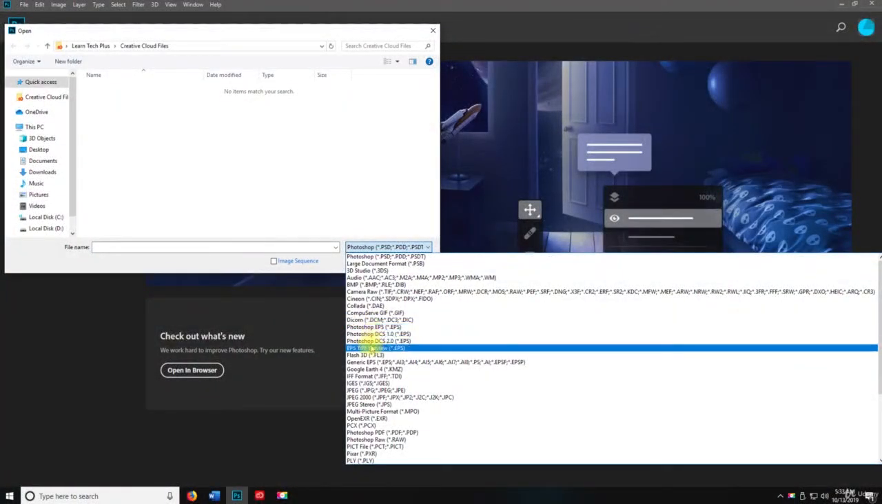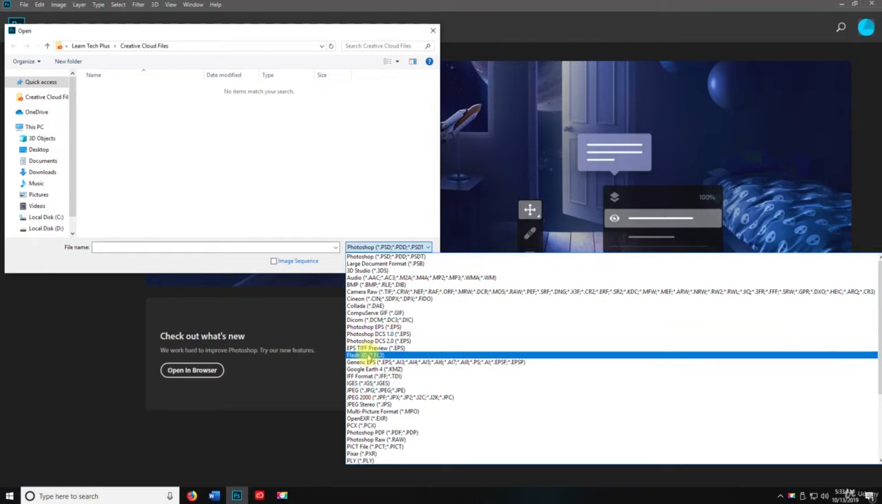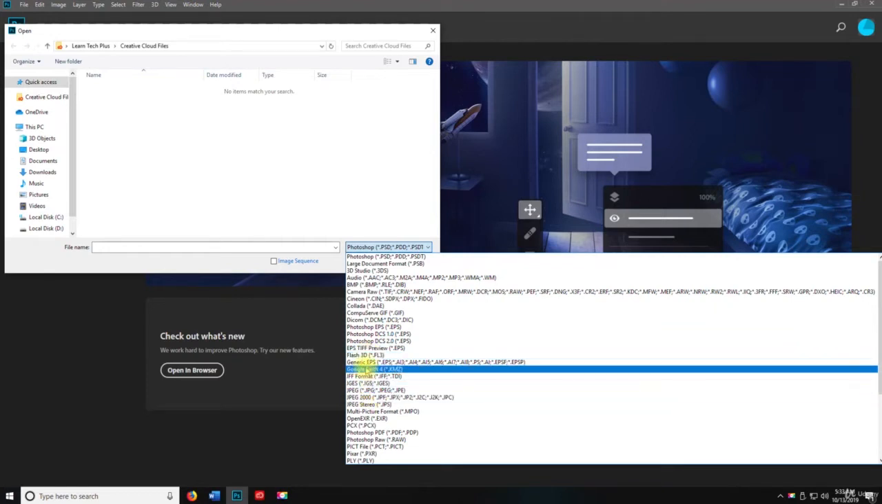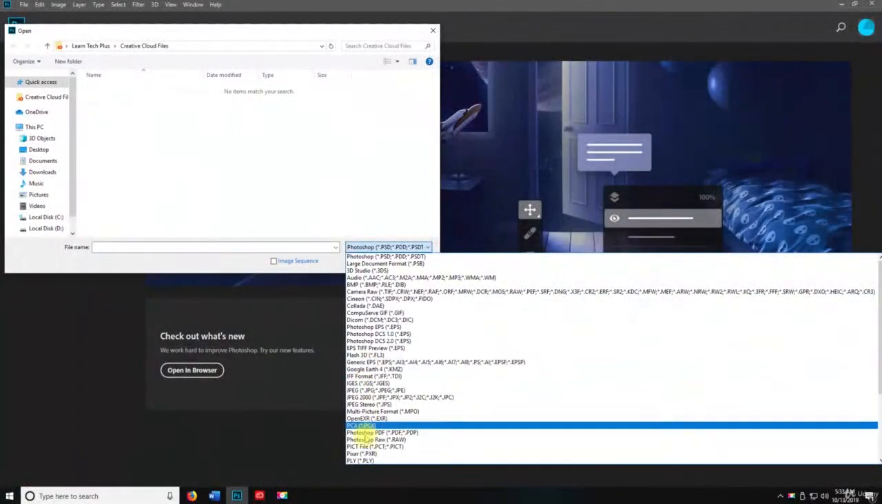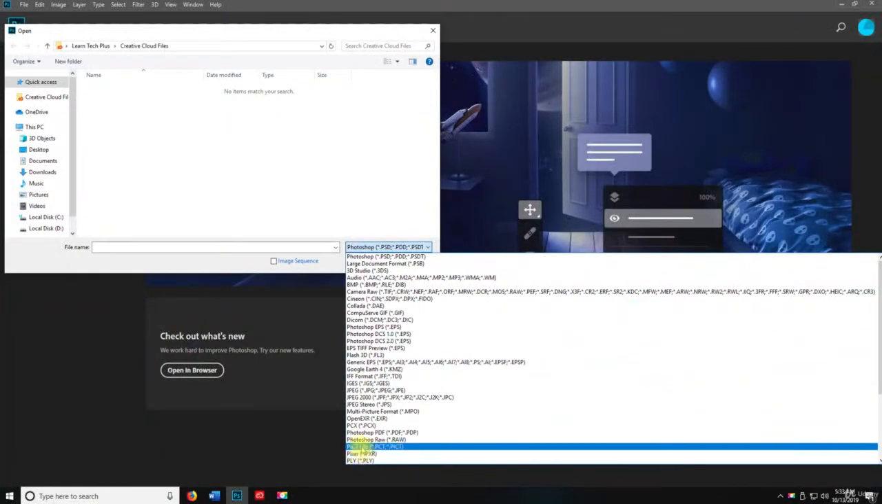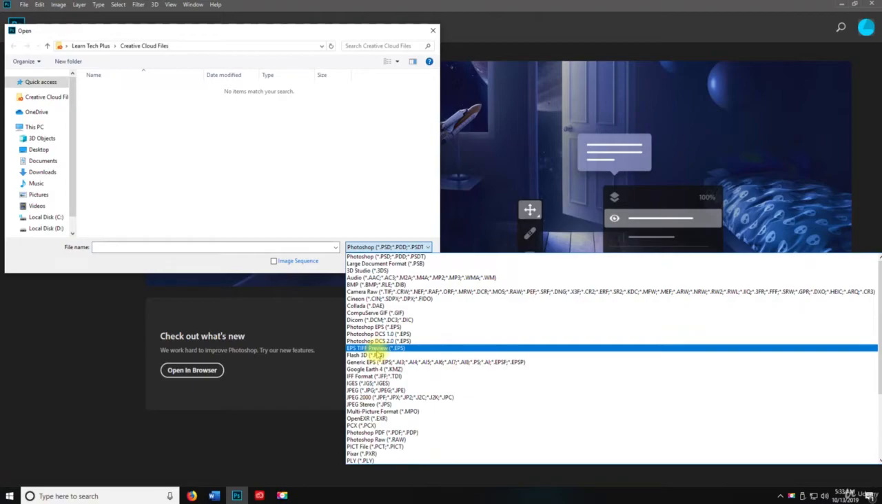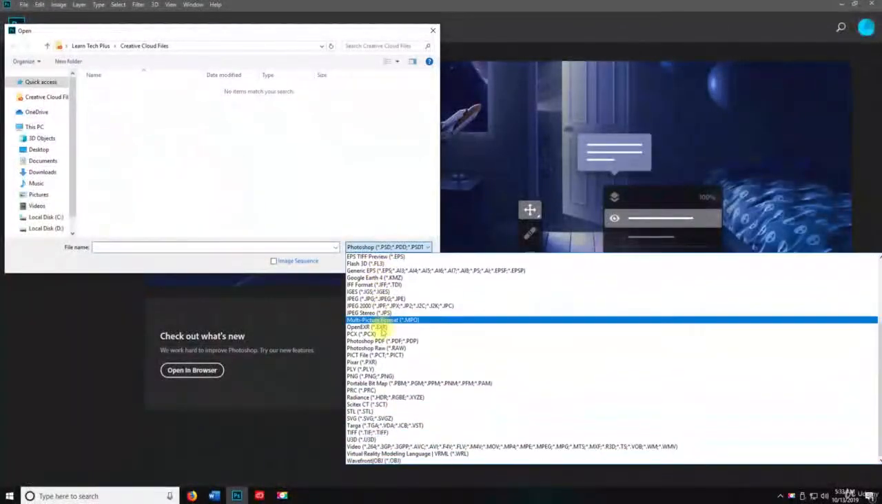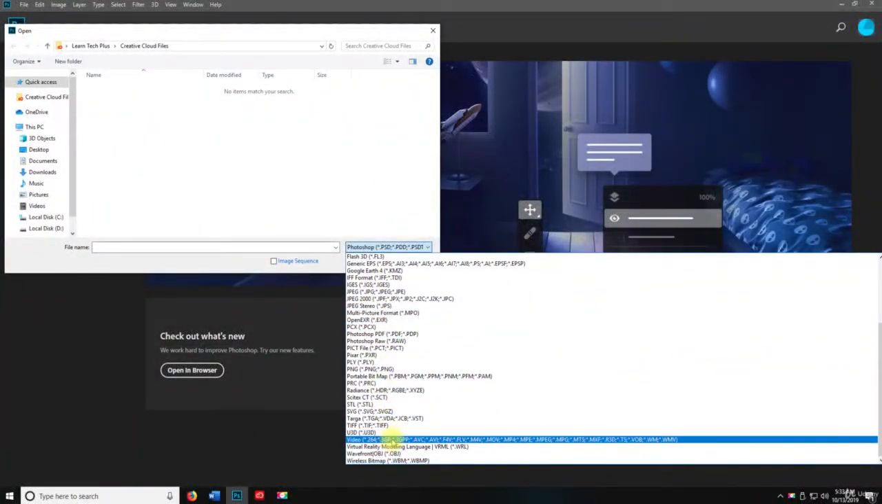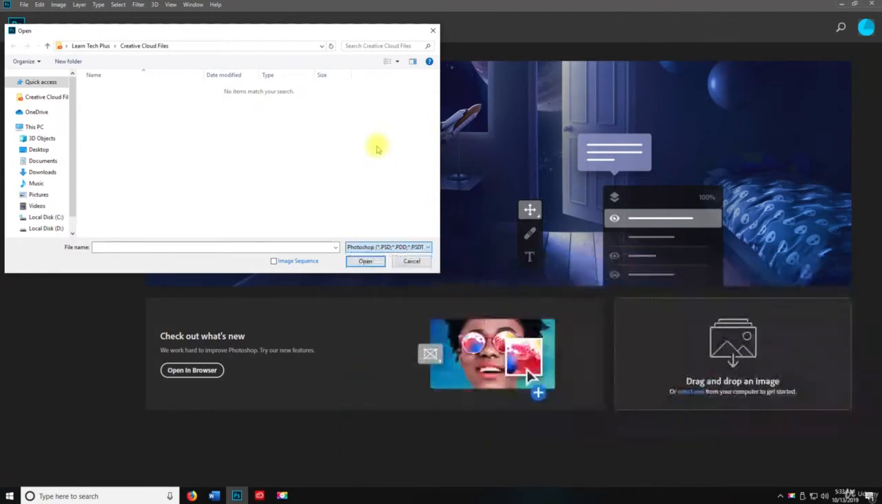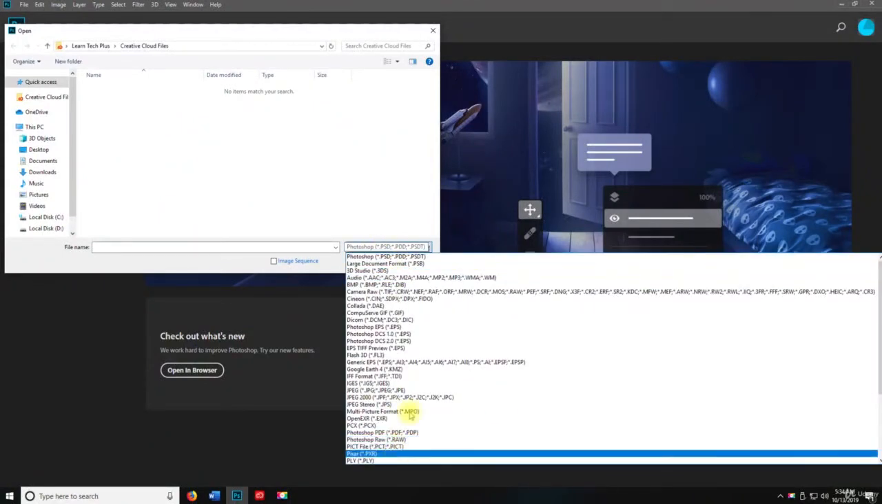EPS, Flash, wow, Flash 3D, that's cool. Google Earth, Pixar, Photoshop RAW, Photoshop PDF. Okay, so there's a lot of formats in here. The point is, I can scroll down and there's even more. So this is pretty much going to open just about any file format that there is. Not every single one, I'm not guaranteeing that, but you can see here from the list,